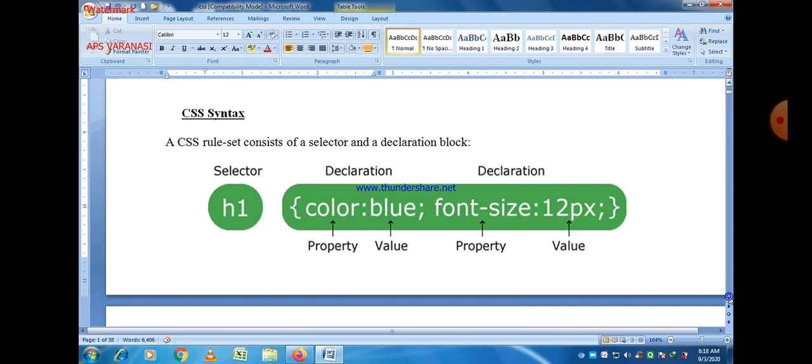separated by a colon sign. You can easily see that. So color is blue, after the colon sign, and font size is 12 pixels. So we have to remember all these properties, and we should have a clear idea about what type of value should be given to those properties. So that is a declaration. After that, a statement: heading must be of blue color, and font size is 12 pixels.